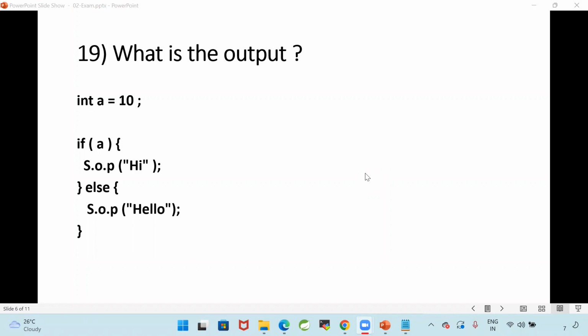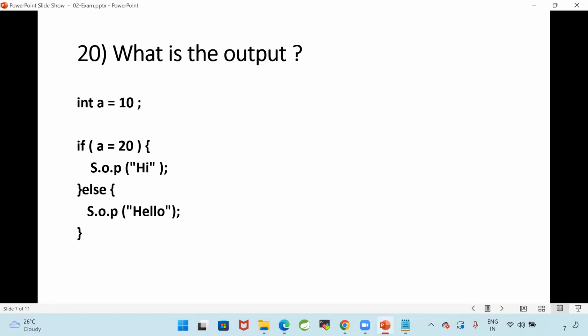Completed. 20th question. What is the output? Read the program properly.